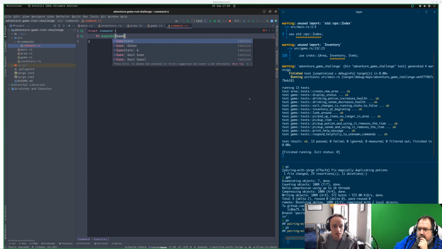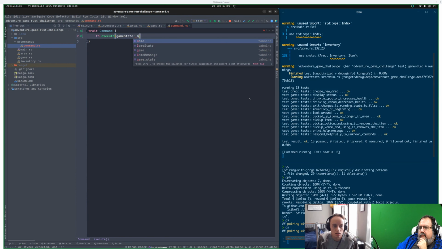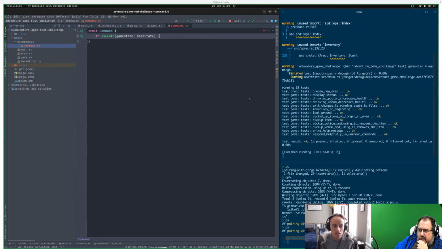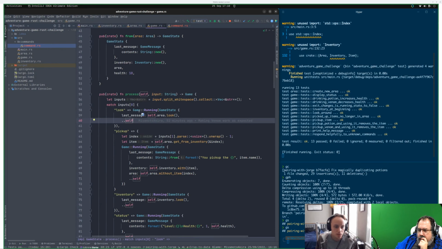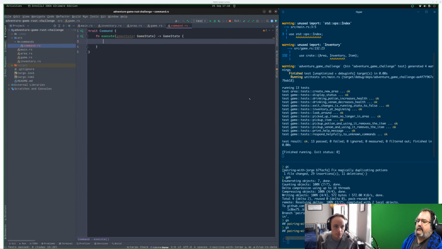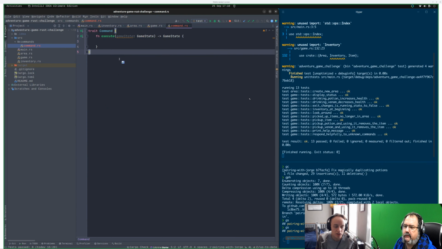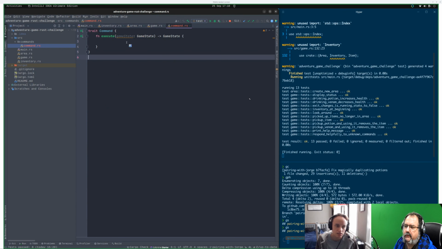So this will have to take a game state, I think, and then return a new game state. Basically, it always returns a game state, and it makes its decisions based on the current game state. Yeah, which makes sense. Cool, okay. So that signature should work. And I guess that's the only thing it really needs. I don't think there's anything else.